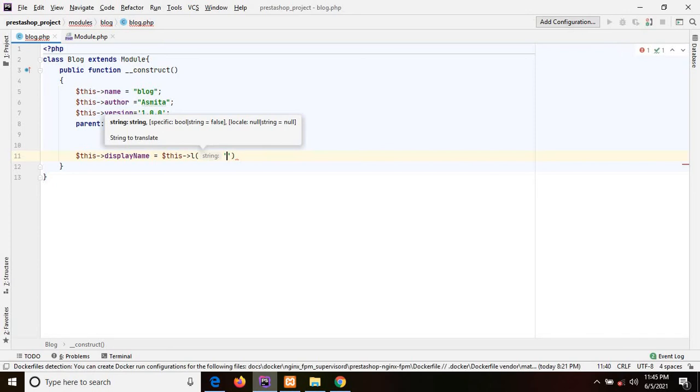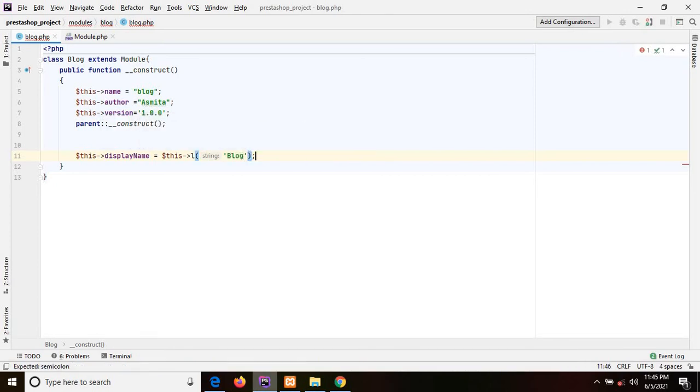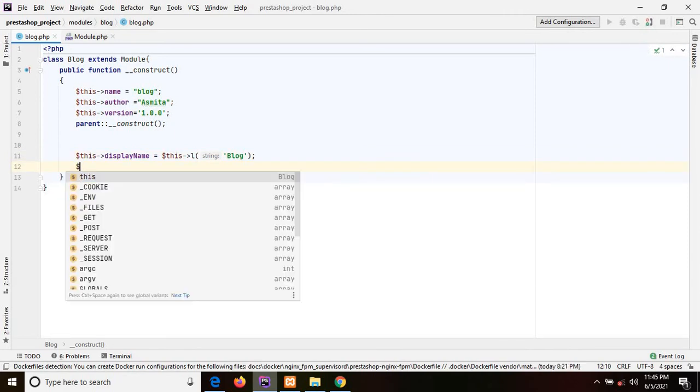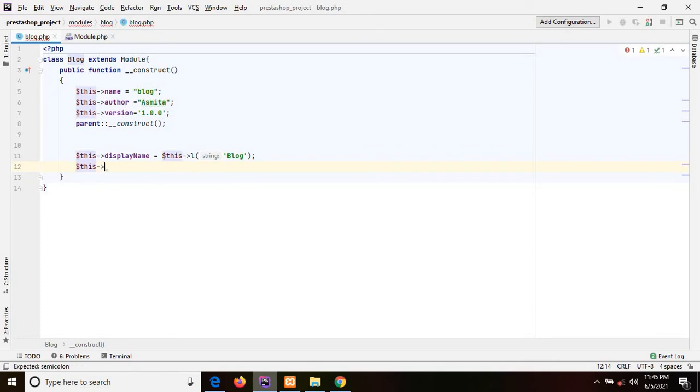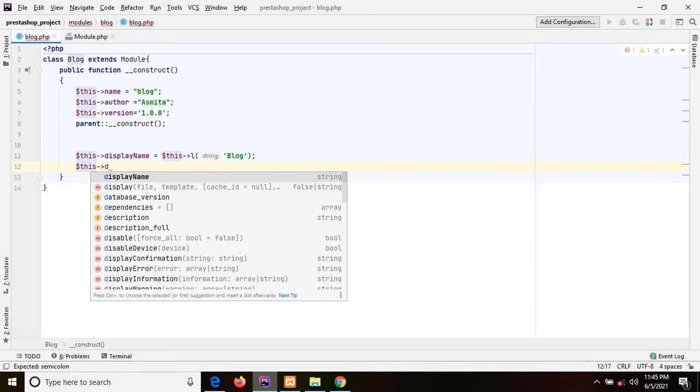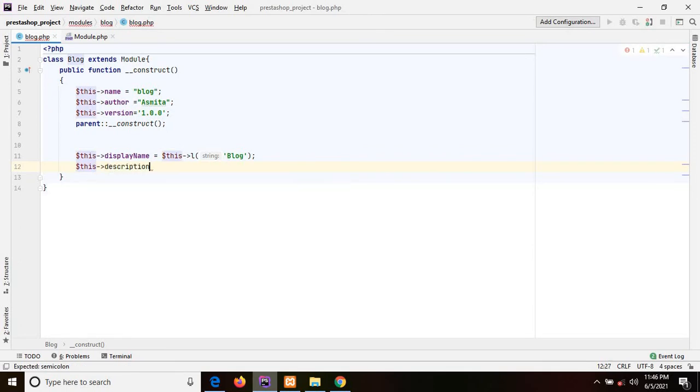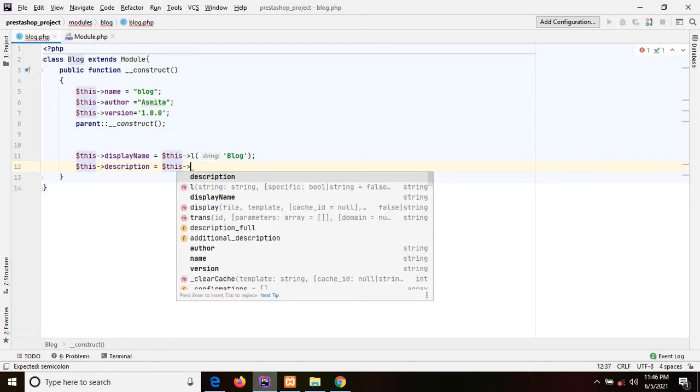So here we will give the name for that. After that, we need to give the description as well. So we are giving the description here.